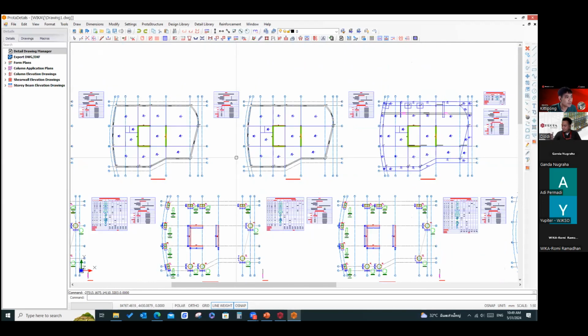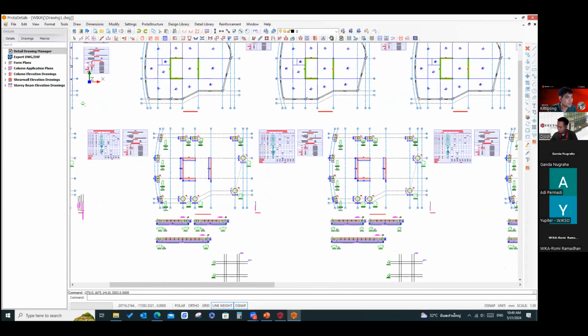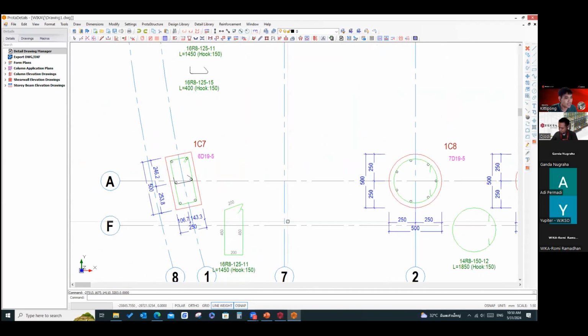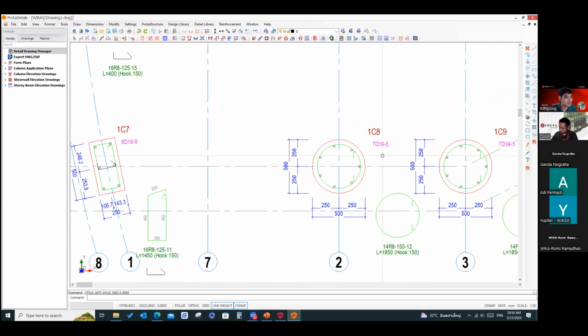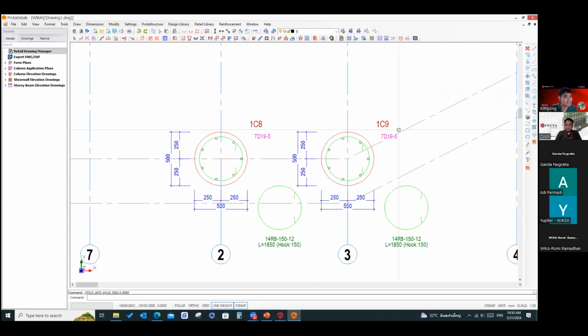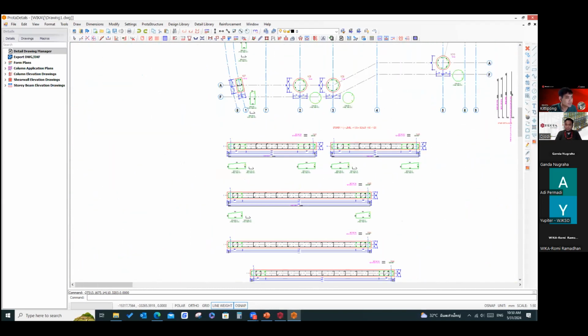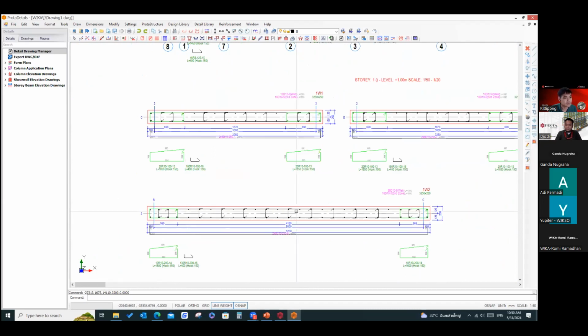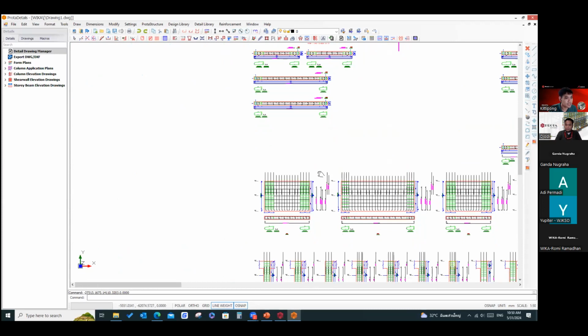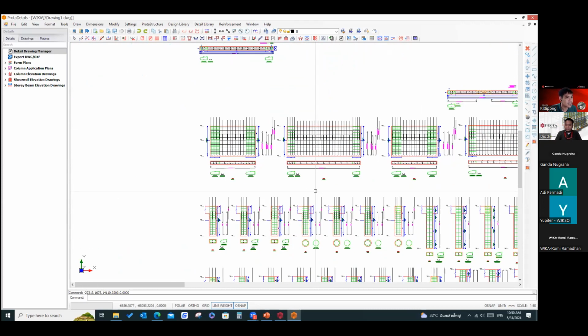You will get the column plan. It will show you the sizing of the column and how to do the rebarring, like this. And you will have all the section details like this.